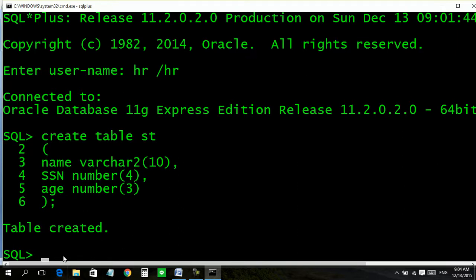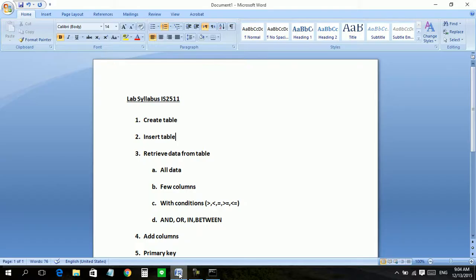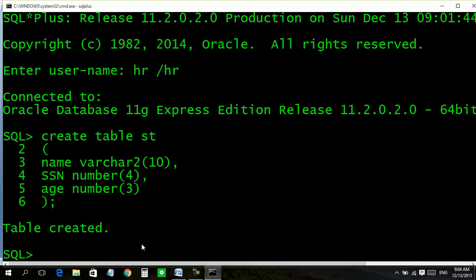Okay, now our create table is completed. Now what we have done, we have created a table.